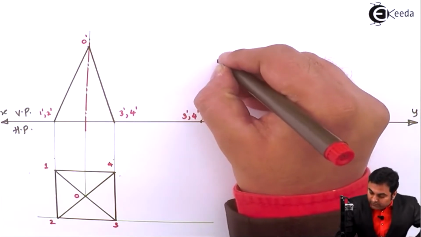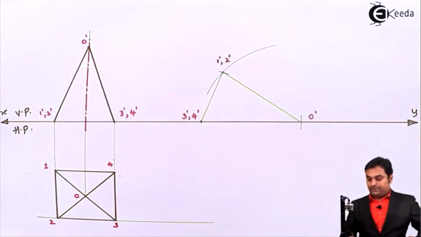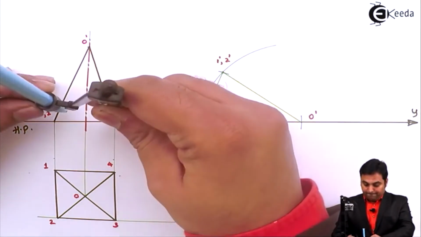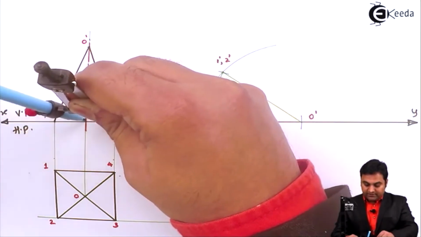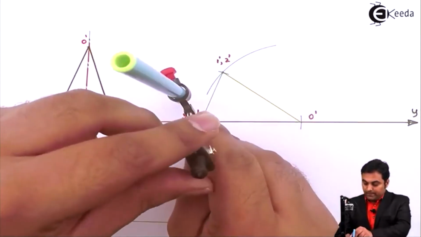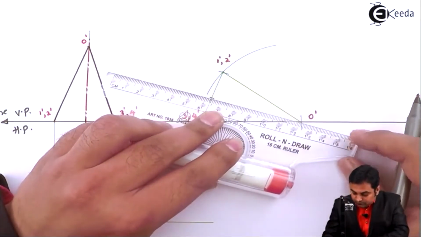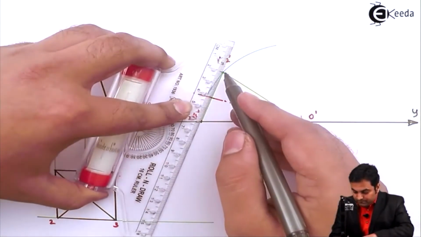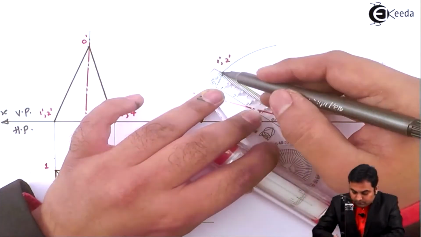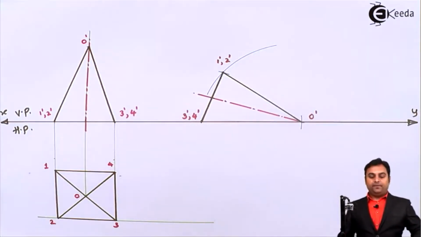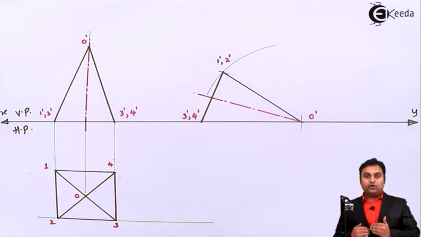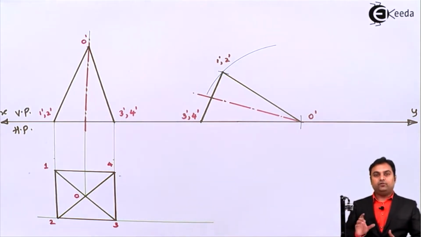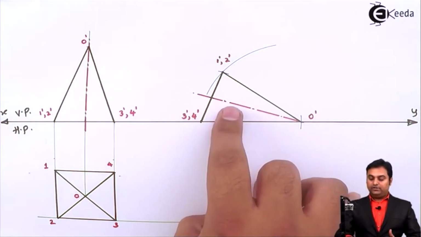Here there is point 1 dash 2 dash. Next, over this I'll mark the axis from 3 dash 4 dash. I'm taking the distance and it is equal from 1 dash 2 dash as well. So I'll make this dark. Now this is the tilted pyramid which is lying on its triangular face from O dash 3 dash 4 dash. This is the triangular face on which the pyramid is resting and it will appear like this in the front view.